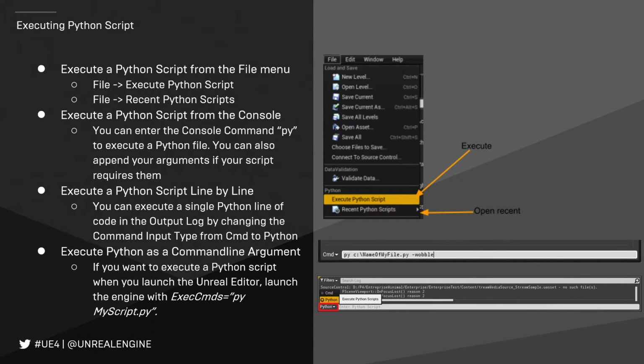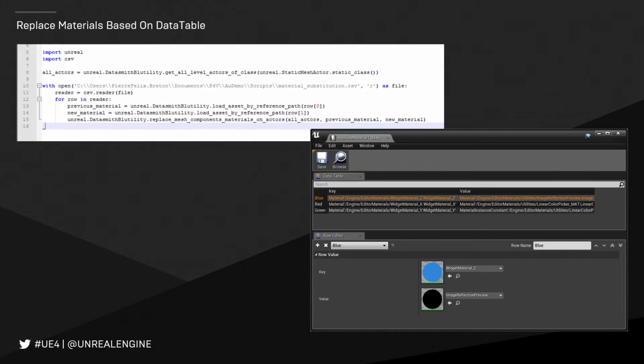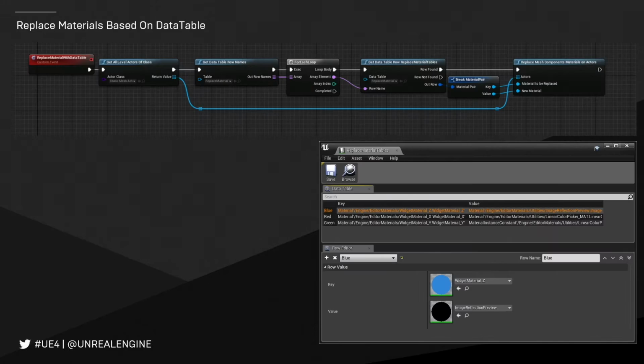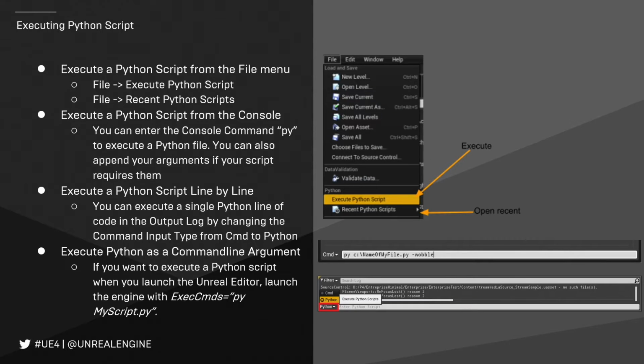So if we were to look at that same functionality, but this time done within Python, we can see here that we're opening up a data table, and then we're checking through it, and we're seeing if one thing matches the other to set it to the final. So this functionality is the exact same as this functionality. It's really just a question of what you're more comfortable using. So if you're coming from a CAD background or something similar, and you're used to Python scripts, this is very